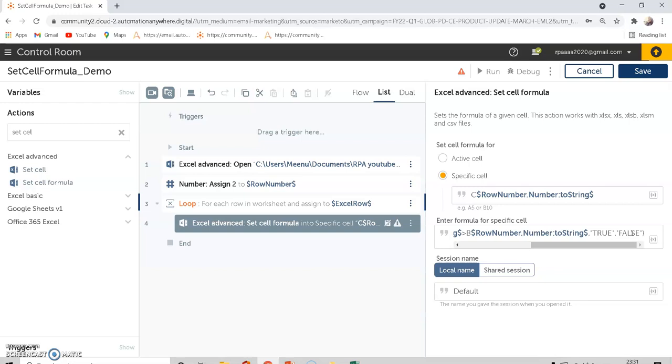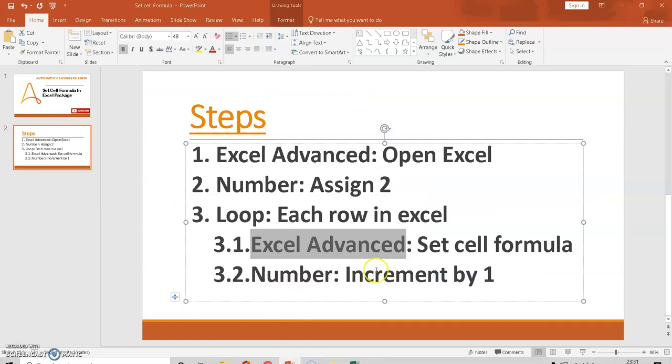Close the bracket. So our formula is ready: if A2 is greater than B2, true, else false. This is my formula. We have to set the cell formula like this. Save it, and my next step is under the Number package, increment the number by 1.